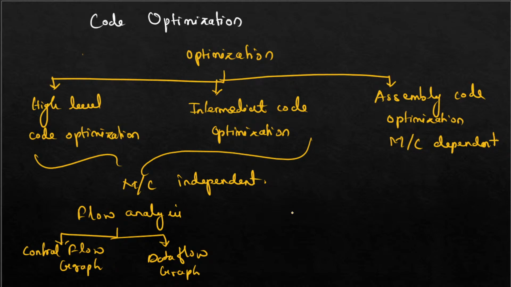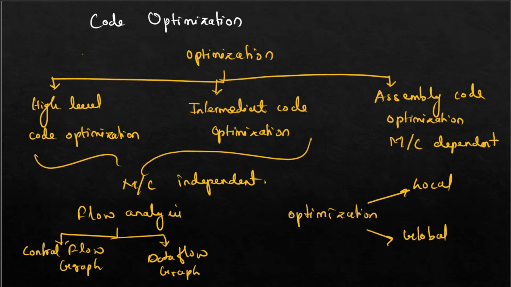Okay, and optimization has local, which is called intra procedural, basic block, and the global one is inter procedural, whole graph, whole program. Okay, and optimization